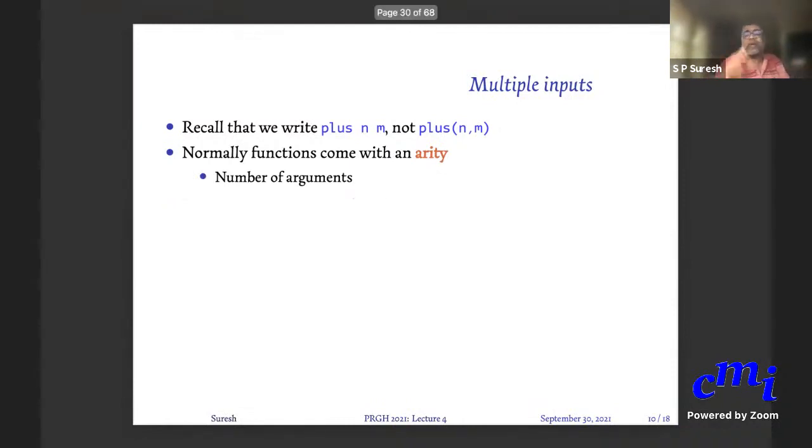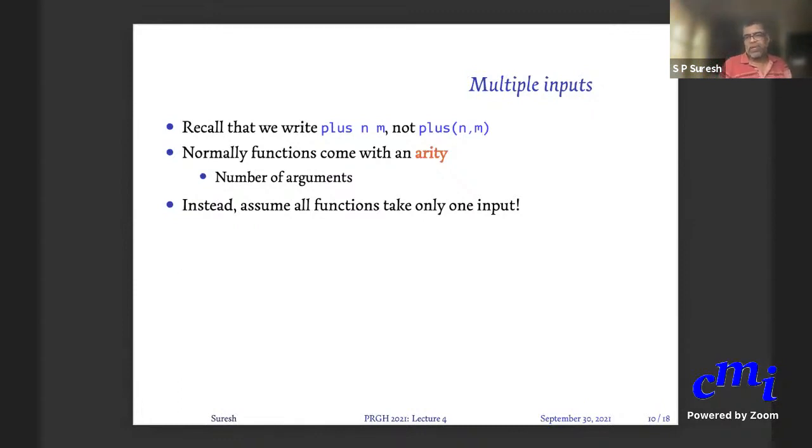Okay, so that is typical in mathematics, etc. In Haskell, the beauty is that we'll always assume that all functions take only one input. Is this clear? This is a revolutionary concept, that all functions take only one input. This is important. So what will happen if you have to have a function on 2 arguments? What you will do is you will take in the first argument and return not a value but a function. Return functions if necessary.